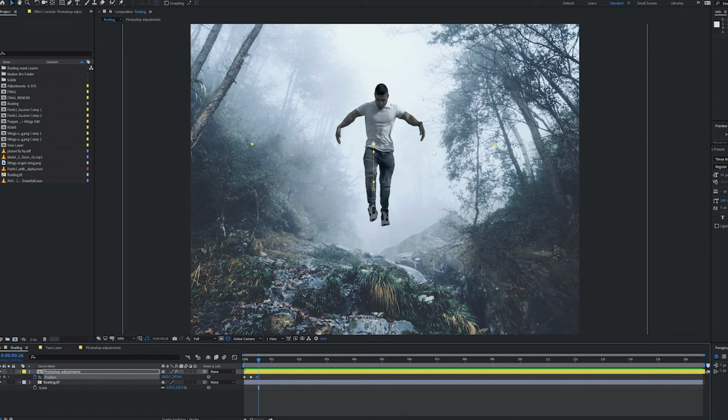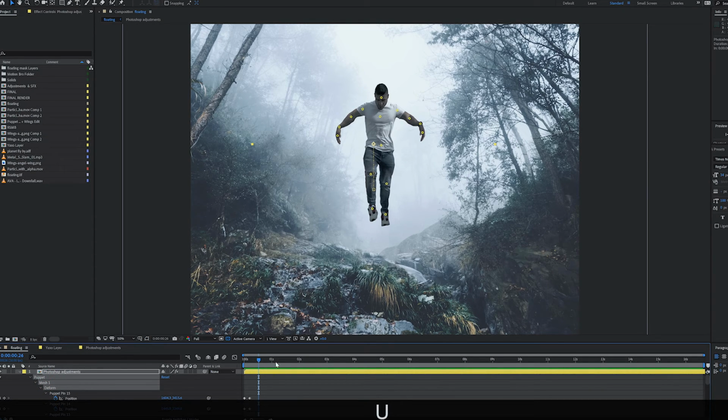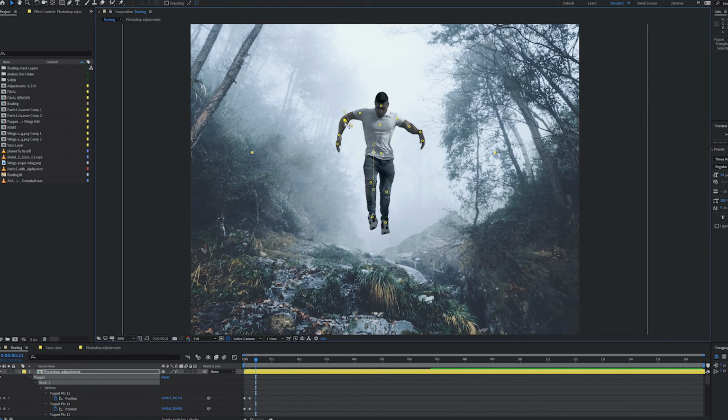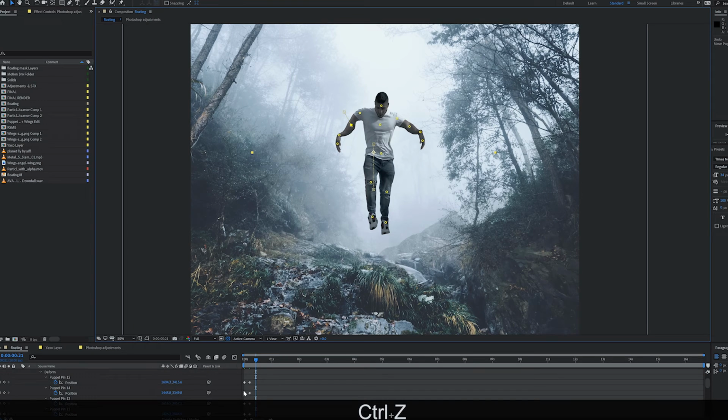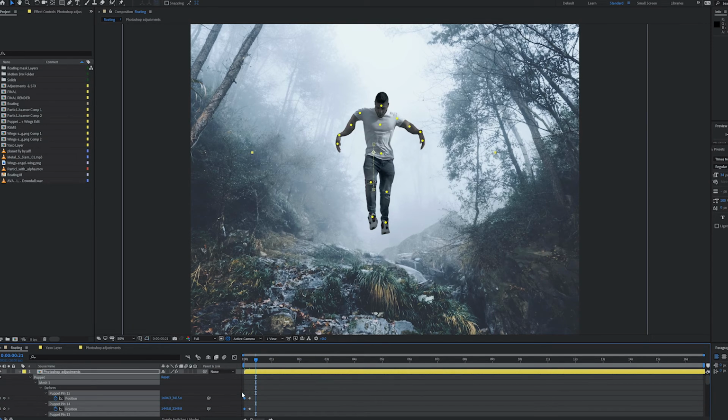Once you do that, you want to click U again, click on the puppet tool again, and find where it's in the air, and obviously now you're gonna make yourself go wide out. I have a cool idea actually. What you can do is click on these exact puppet keyframes here. What you don't want to click is the position; you want to click on all of these. And because it was already